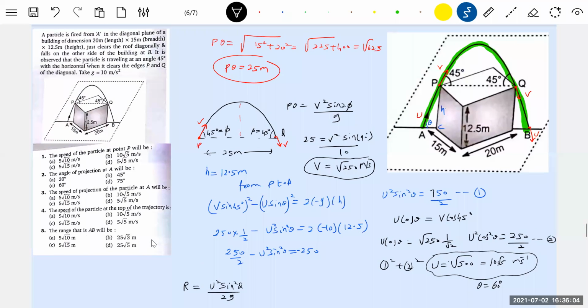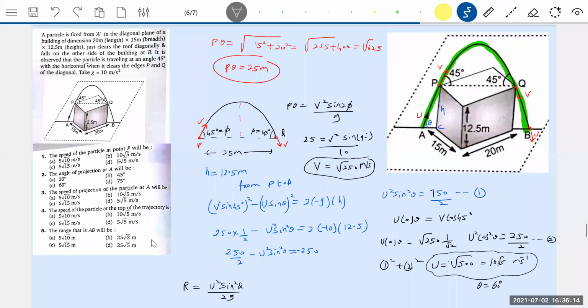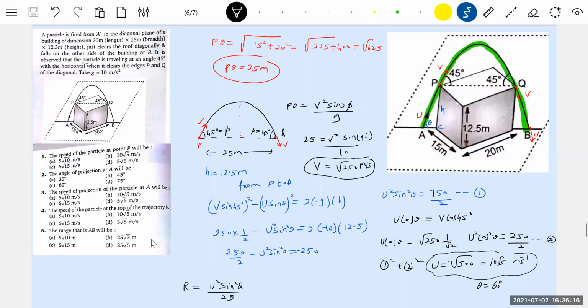So these are some numericals of a projectile grazing different surfaces. Somewhere we'll be using y equal to x tan theta or some equations of the geometry. So please do work out some numericals of this kind. Some other 4-5 numericals are left over. I'm just going to keep them in the notes here only. If you want, you can try them.